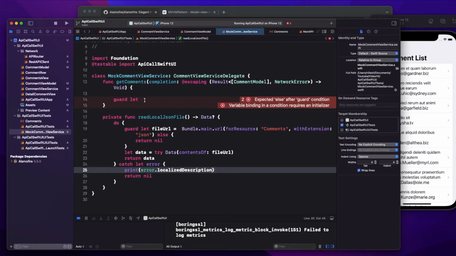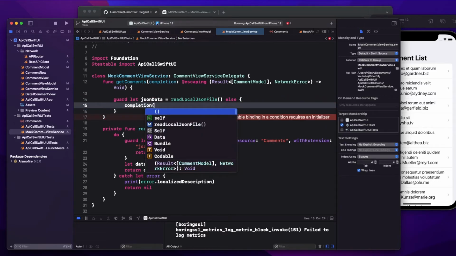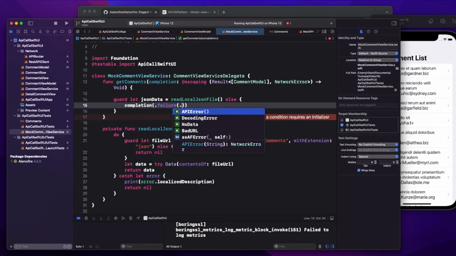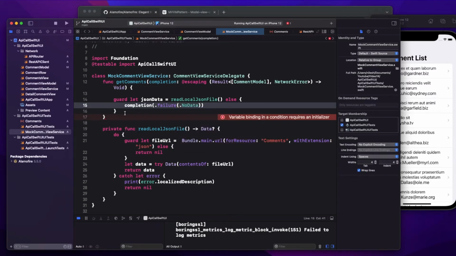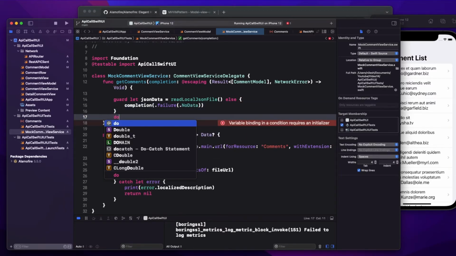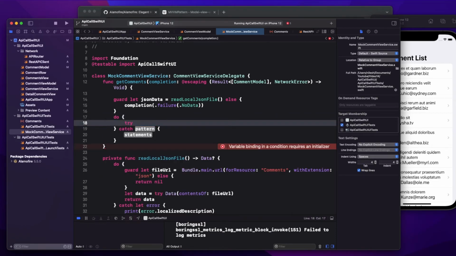Okay. Now here I'm going to use this JSON data equals to read local file, else completion dot failure. And what is this? No data. Means we do not find any data in this particular case. Else we now have data, so we can just decode this data. So let's do it.